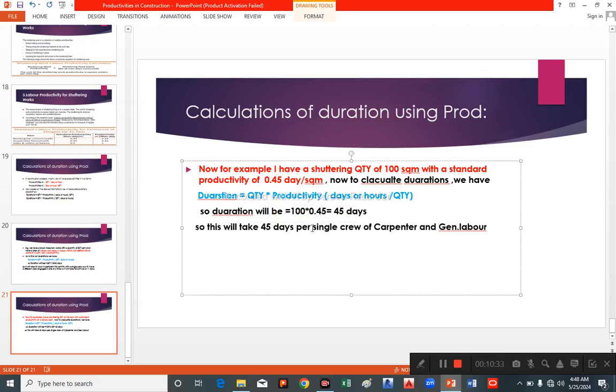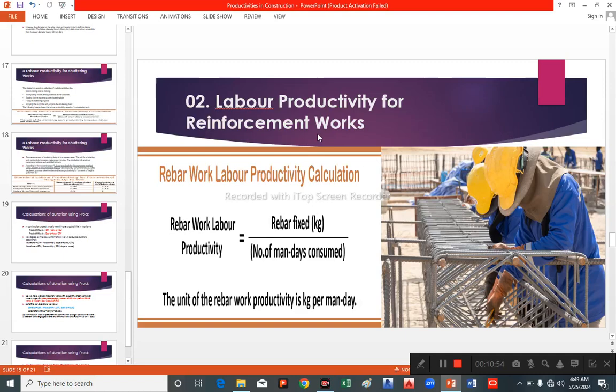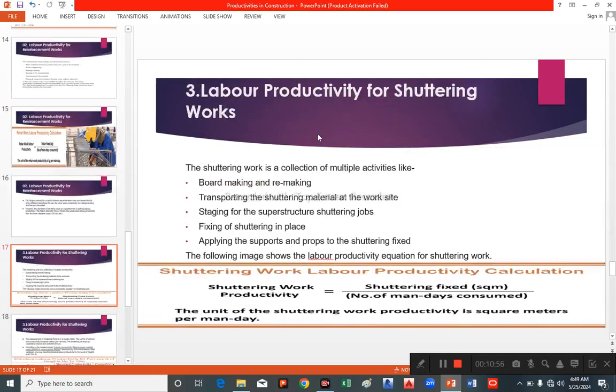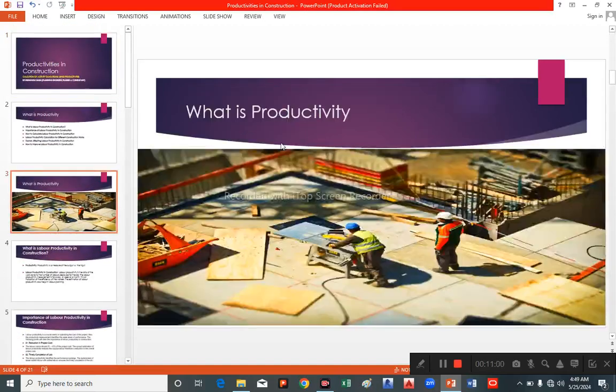Now let's suppose we are engaging five crews. What will be the duration? We just divide 45 by 5, so we will get 9 days. This is how we can calculate the durations from the given productivities. We have discussed from the very beginning what productivity is, what